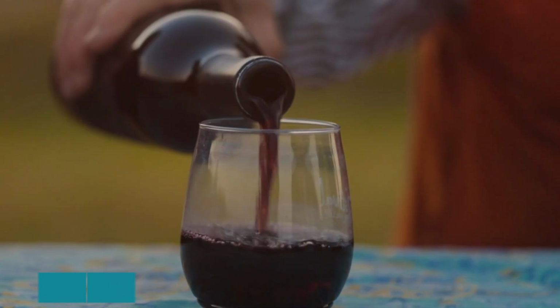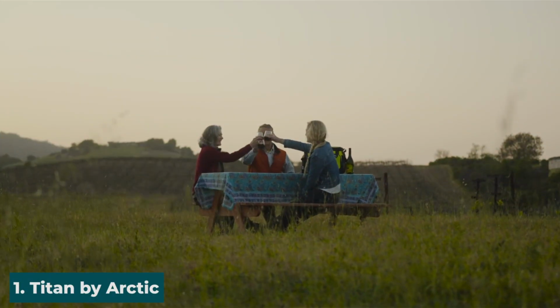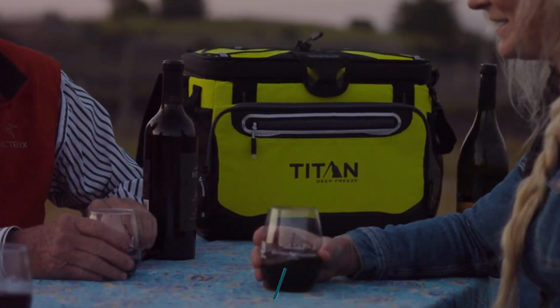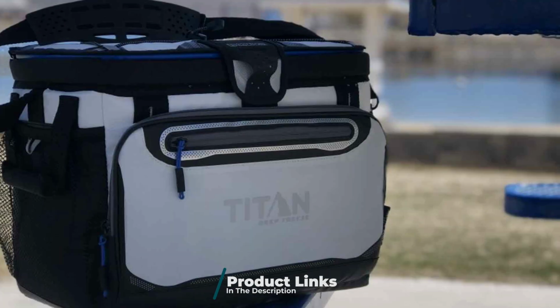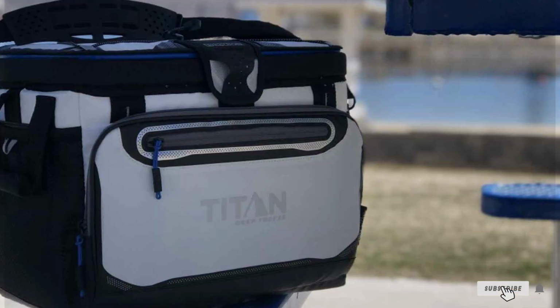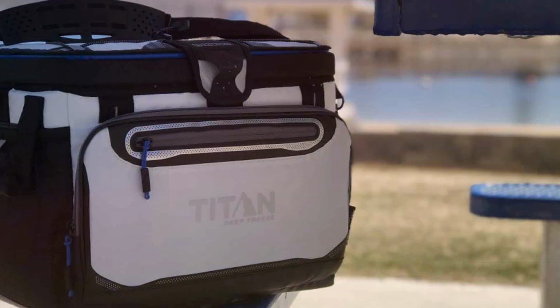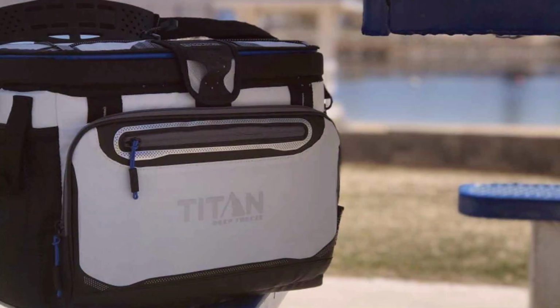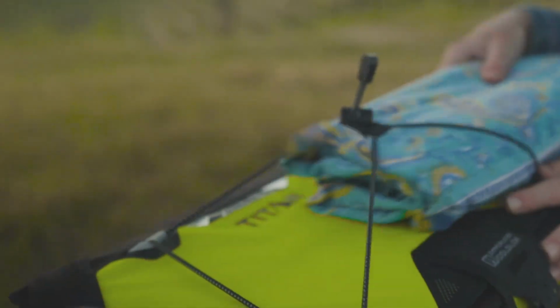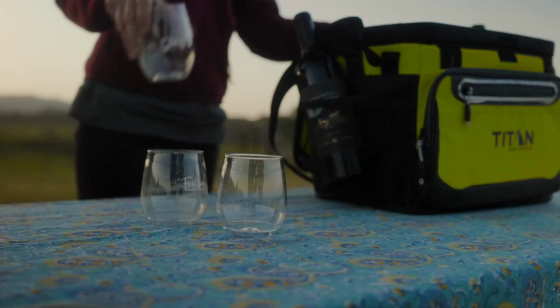At the first position of our list, we have Titan by Arctic Zone storage space. A durable build is essential. This cooler provides exceptional storage option with its spacious interior, allowing you to pack plenty of food and drinks for your trip. The robust construction ensures it can withstand the rigors of travel, making it a reliable companion on any journey. The cooler's exterior is made from high-quality materials that resist dents and scratches, ensuring it remains in top condition